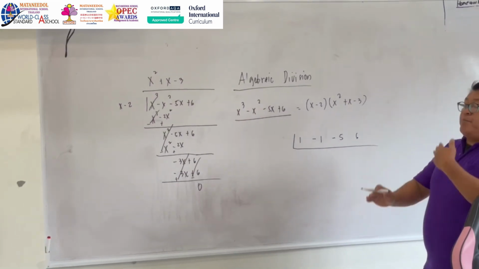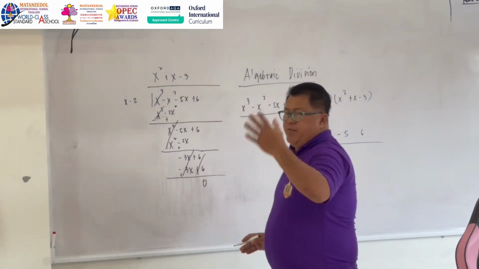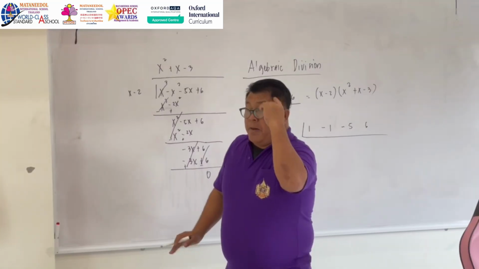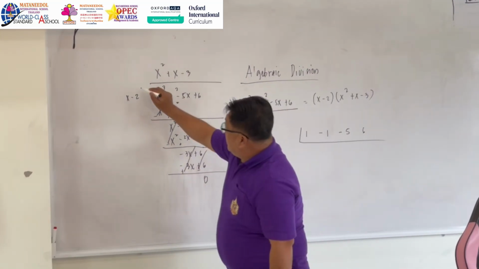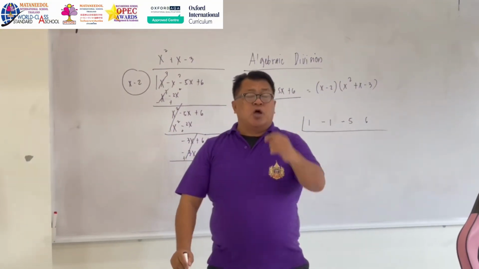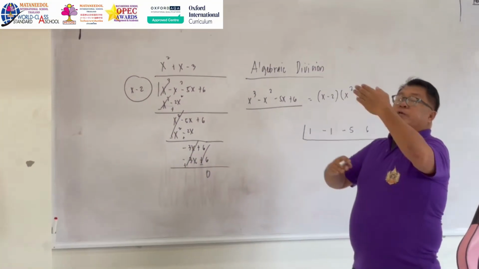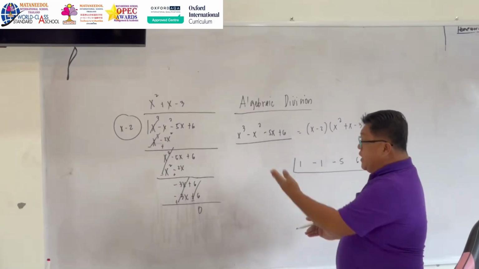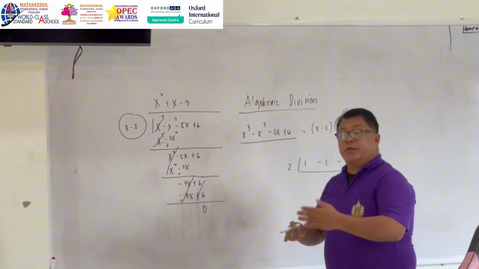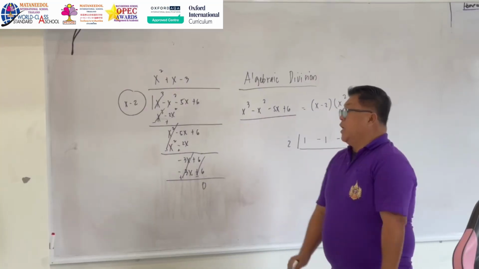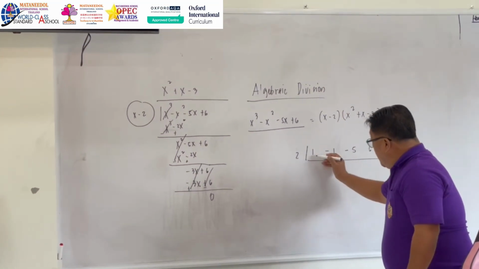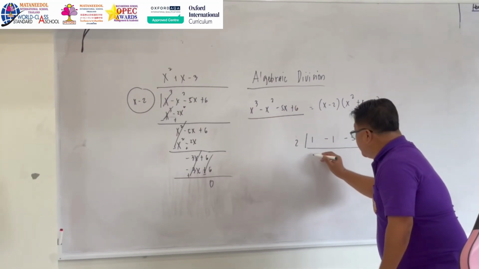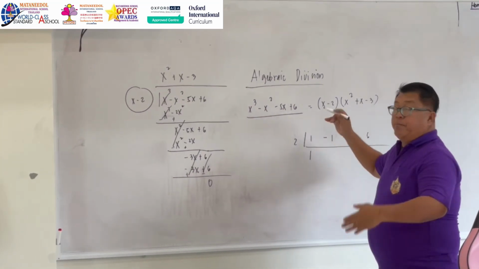To avoid confusion, and to make a direct analysis or mental way of getting those processes into a division, since the given divisor here is negative 2, always change the sign. So negative 2 will become positive. The rule of this synthetic division is you have to bring down the first digit number. So 1, bring down 1.